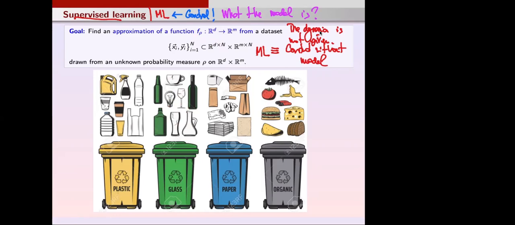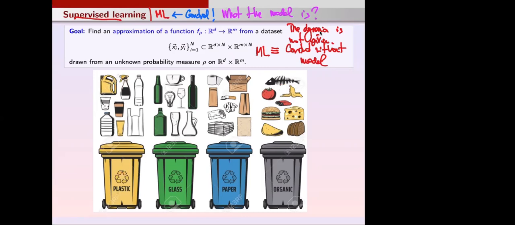Because the higher the dimension D, the higher the computational cost of everything will be, and the more risk there is that I face the challenge of the curse of dimensionality. And then in supervised learning, you already know many things. So you know that all these items go to yellow.